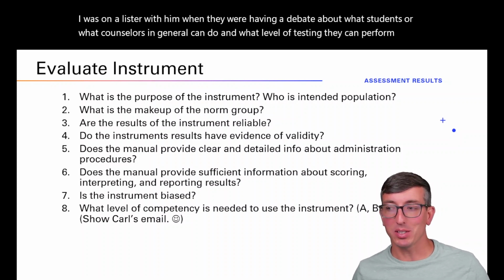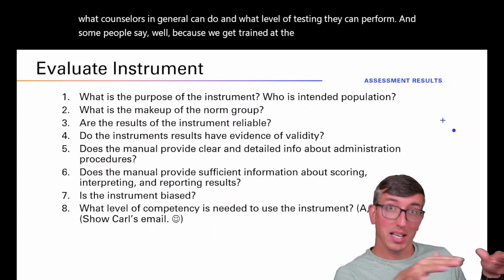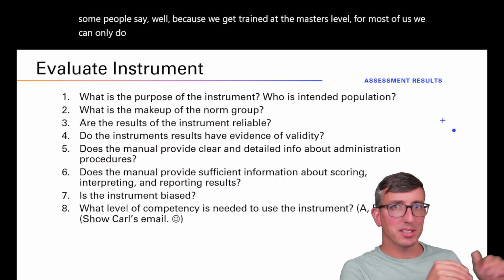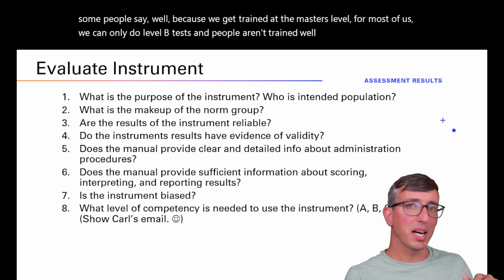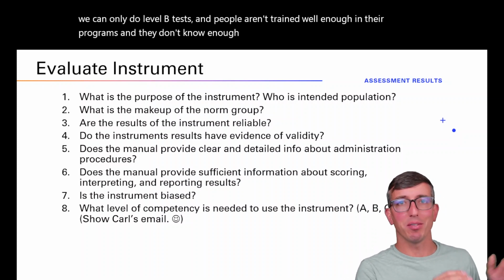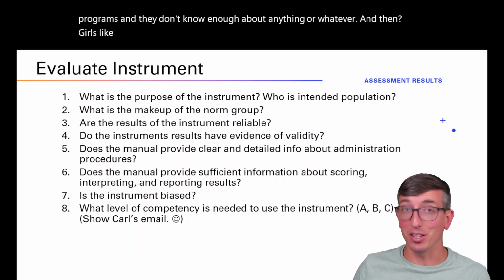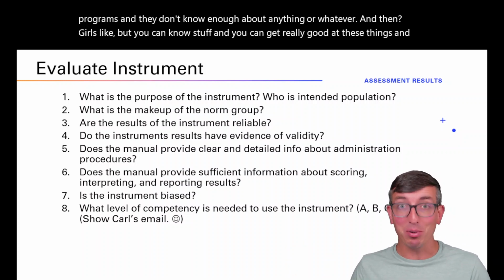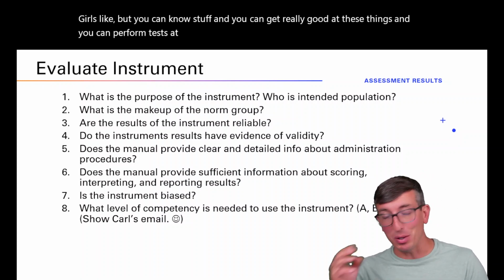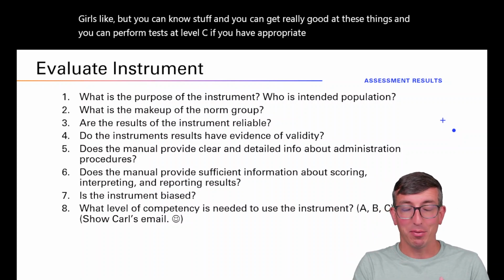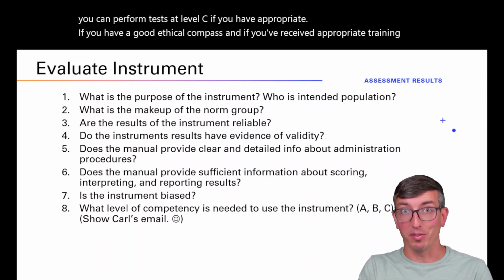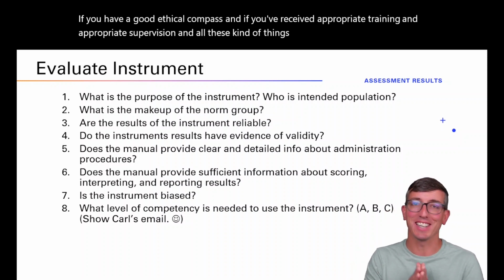And some people say, well, because we get trained at the master's level, for most of us, we can only do level B tests, and people aren't trained well enough in their programs, and they don't know enough about anything or whatever. And then Carl's like, but you can know stuff, and you can get really good at these things, and you can perform tests at level C if you have a good ethical compass, and if you've received appropriate training and appropriate supervision and all these kind of things. And so he was like,